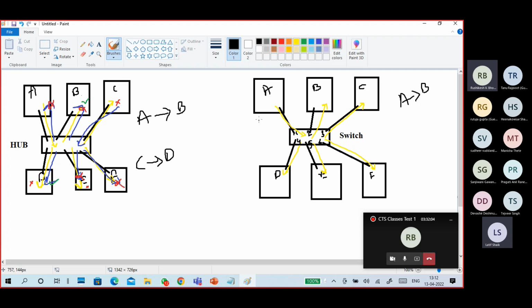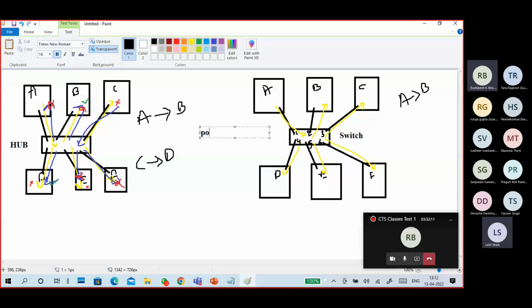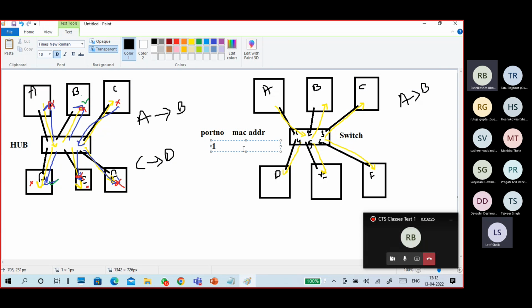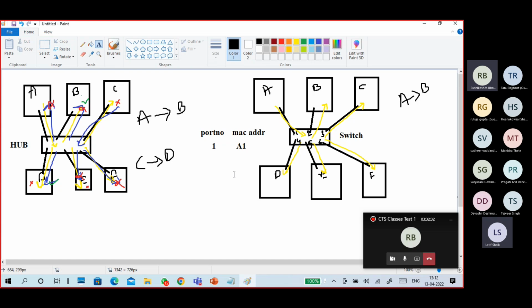When a packet is traveling, it creates a MAC address table, right? It has the switch port number and a MAC address. For example, port number 1 and the MAC address of A, for example A1, just for understanding.